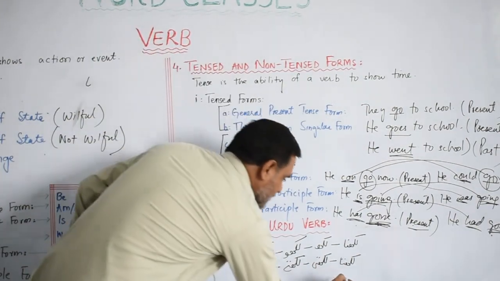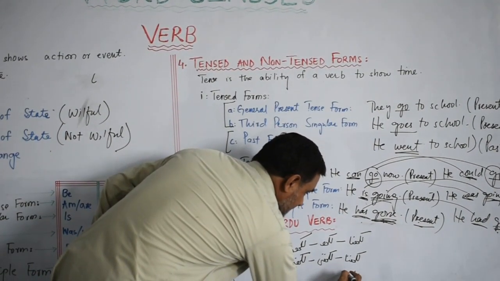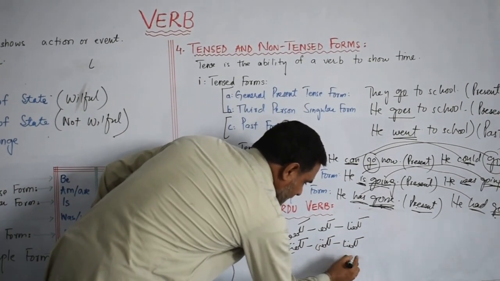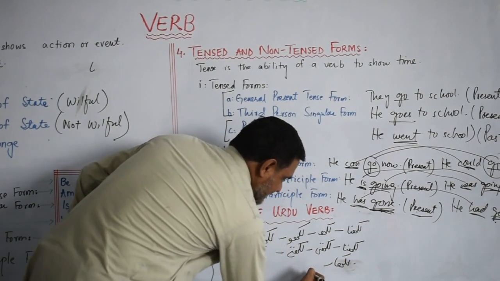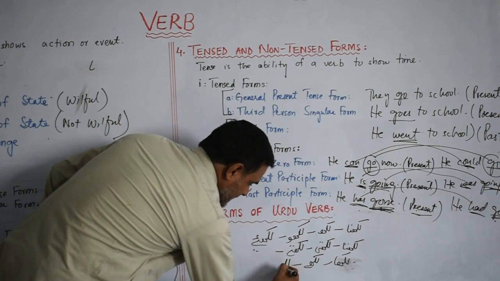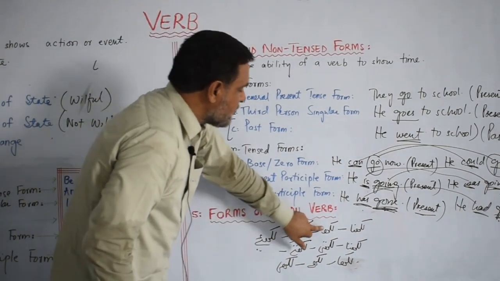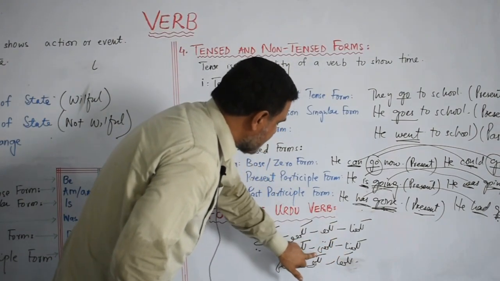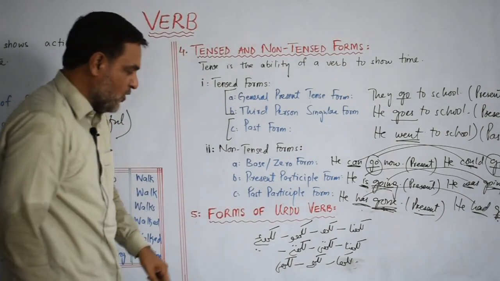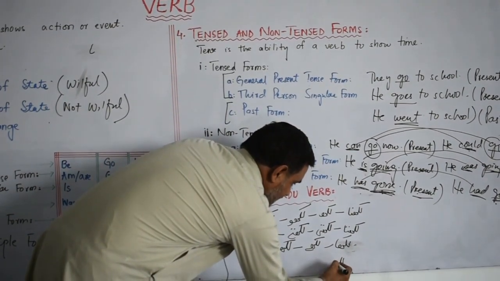And then let's talk about this one. Likha, likhe, likhi. How many? 1, 2, 3, 4, 5, 6, 7, 8, 9, 10. 4 forms left. Okay. Now let's talk about the other. Likhni,